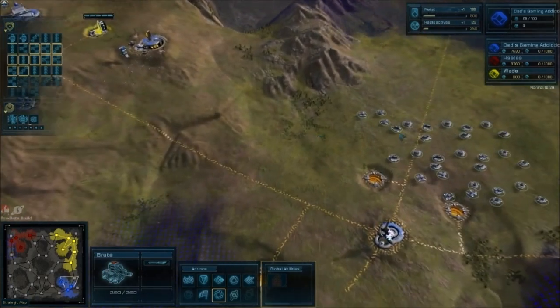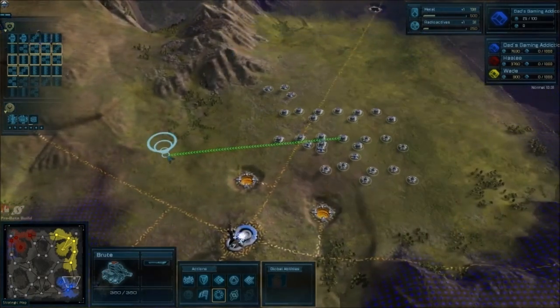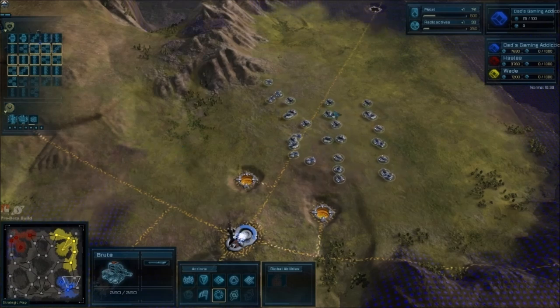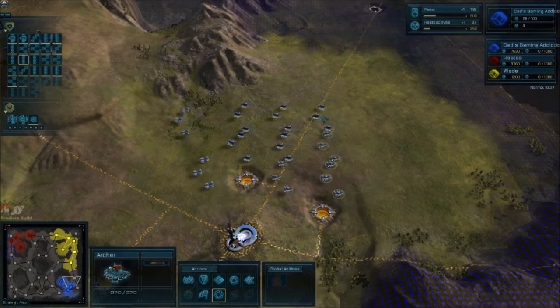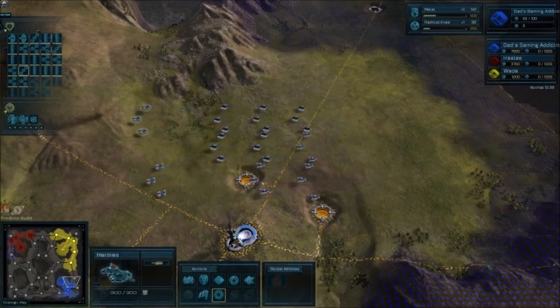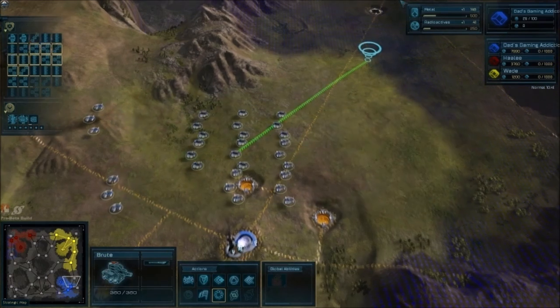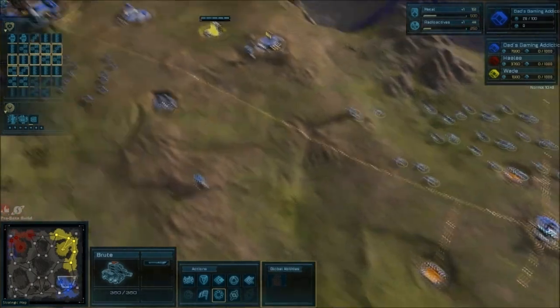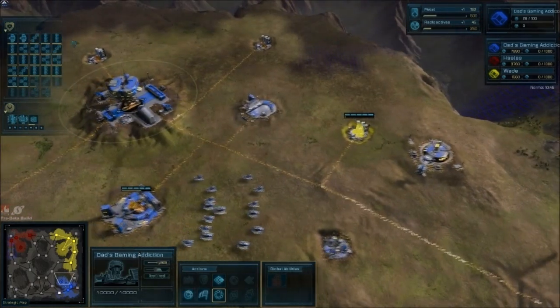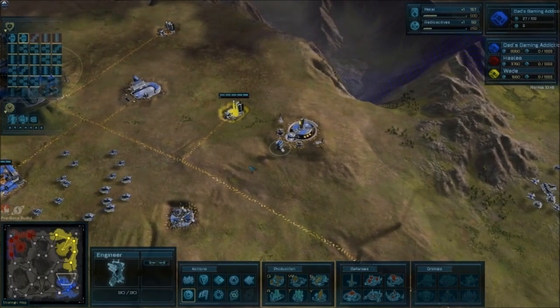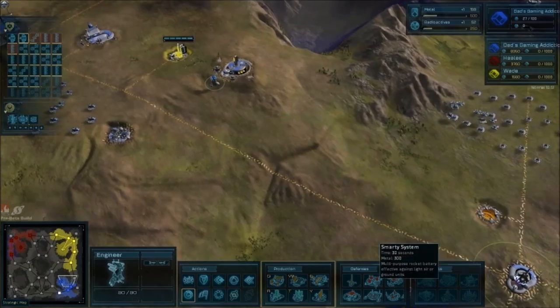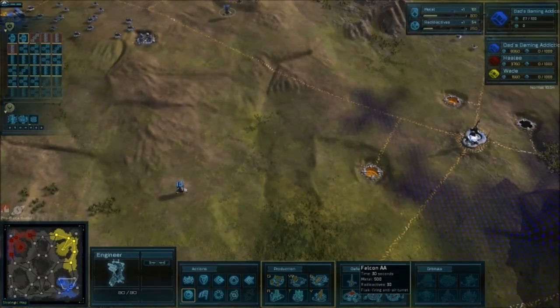Actually, should we do a repair bay? I'm trying to see how badly damaged my units are, and I mean, they don't look damaged at all, really. Alright, so maybe we're good. Maybe we don't need to bring them back and get repaired. Alright, so my other engineer is doing what? Where is he at? No, he's just there. He's not doing anything. Okay, I think what we'll do then is,